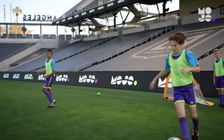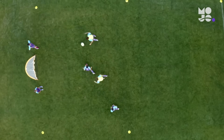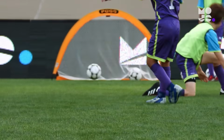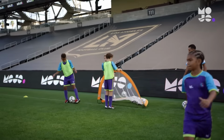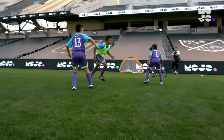Here's how it looks. 2 attackers initiate play from their end, trying to score on the goal or between the cones, below knee height, like this. The 2 defenders can steal or intercept the ball and score too. And when a player scores or the ball goes out of bounds, new players rotate in and a new round begins. So next one. We want attackers learning to spread out, not clump together, with the attacker without the ball